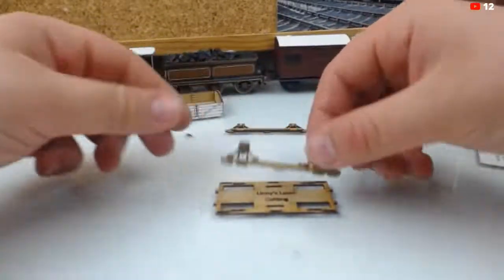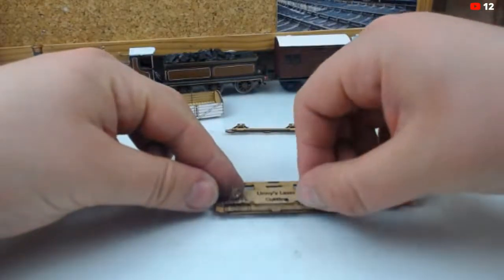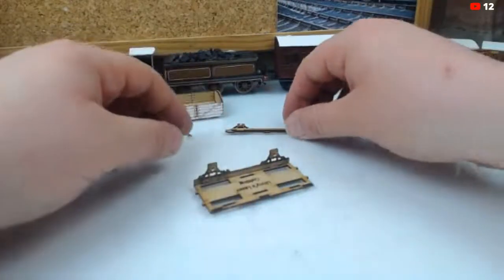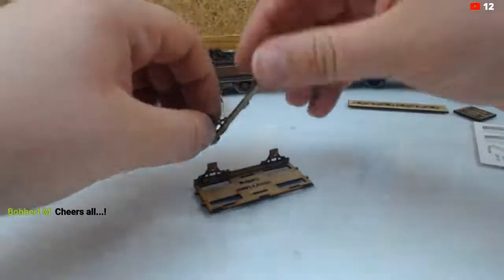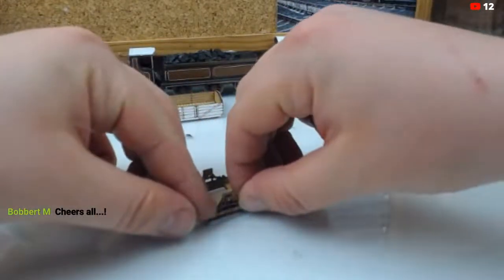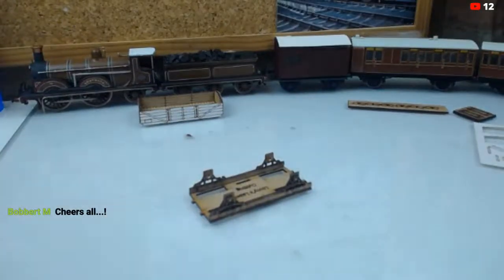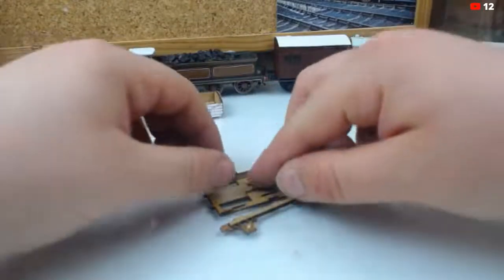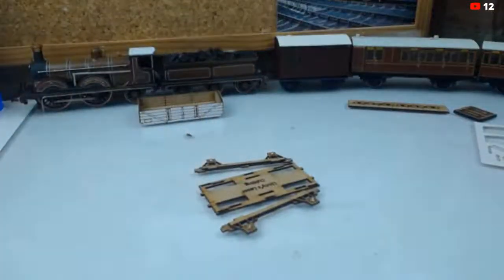Wait, no, that is the side I want. So we check that these fit. They do indeed. But yeah,